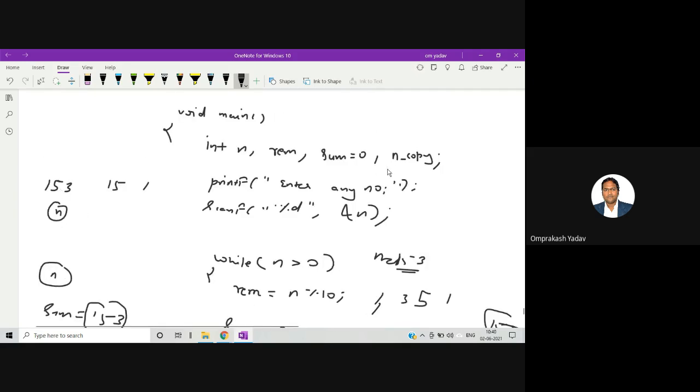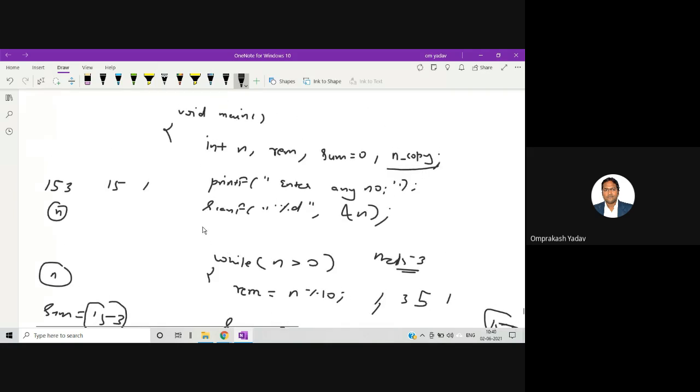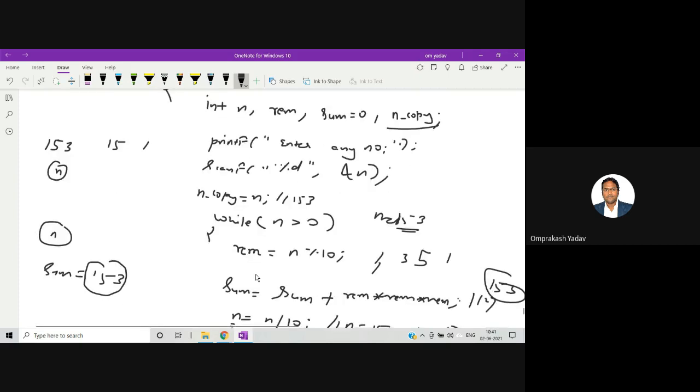If you see here, this is n copy. So before going inside the while loop, I'll simply do n copy is equal to n. So I am storing this n value like 153 inside this n copy, so that at the end of the operation we can check and tell whether the number is an Armstrong number or not with the sum. For that purpose only I'm saving that number, because I'll be modifying this n inside the while loop.